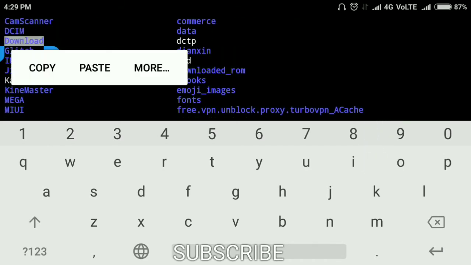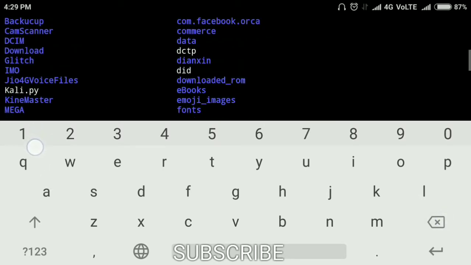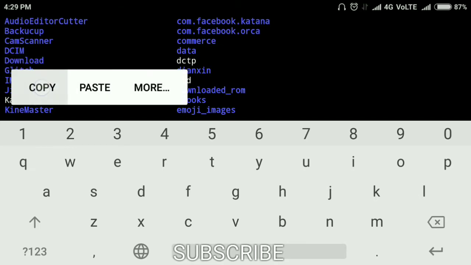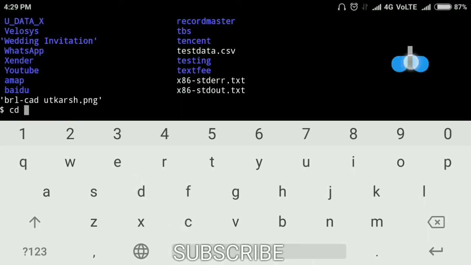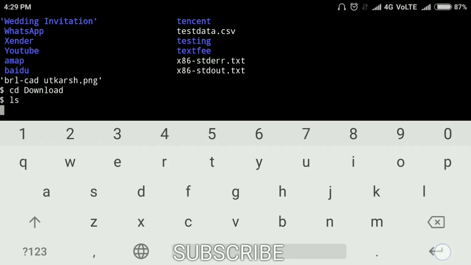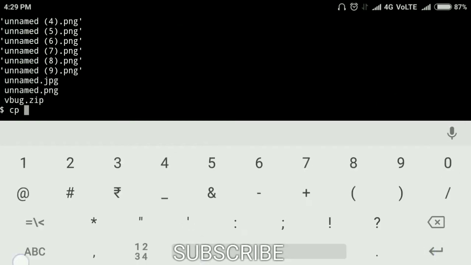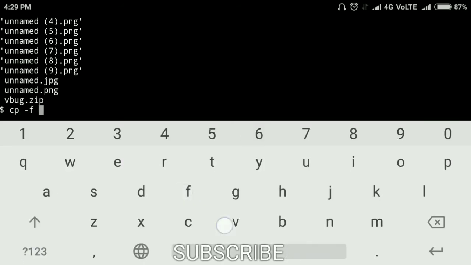Here it is. Let me copy that first of all. That Download folder I have to copy, and I would type cd Download. We are inside the downloads folder. As we know, the name is vbug.zip. I would again confirm it. It's here, vbug.zip. So I would type cp -f, then vbug.zip to move it. This is the file name, this is copy, and this is the function, and the destination